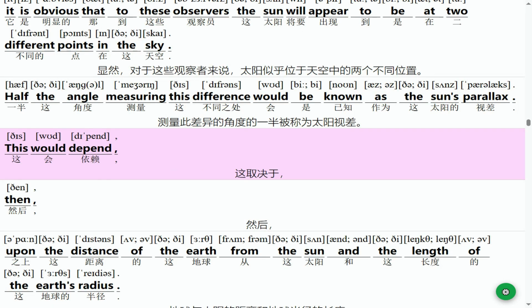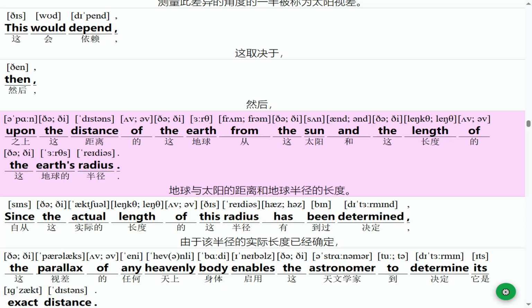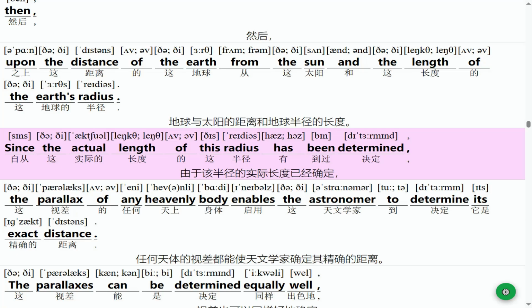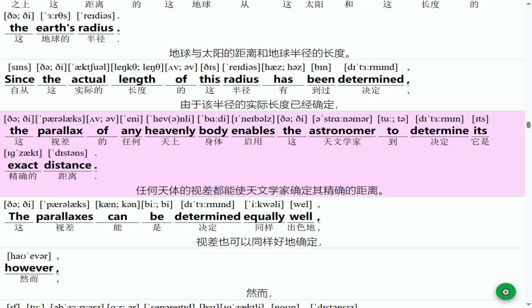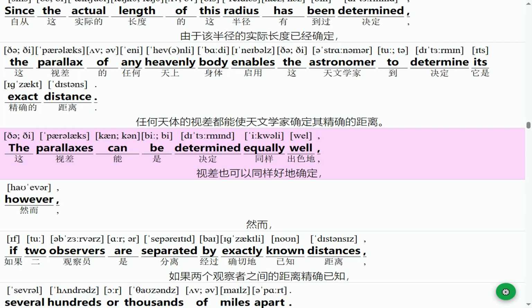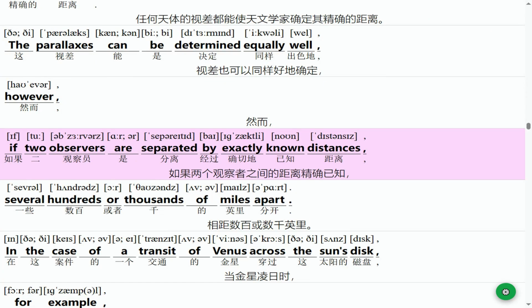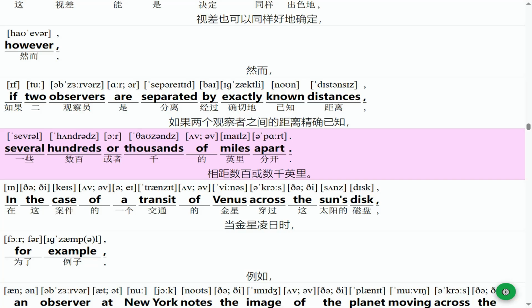This would depend, then, upon the distance of the Earth from the sun and the length of the Earth's radius. Since the actual length of this radius has been determined, the parallax of any heavenly body enables the astronomer to determine its exact distance. The parallaxes can be determined equally well,